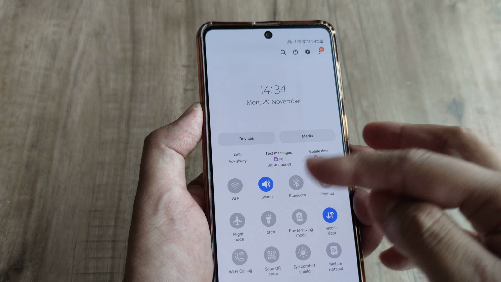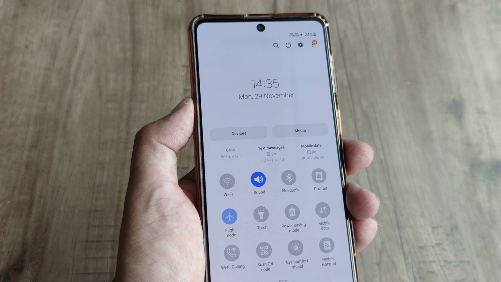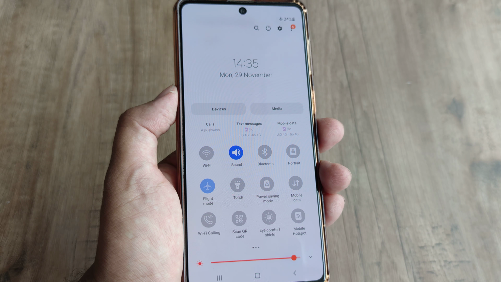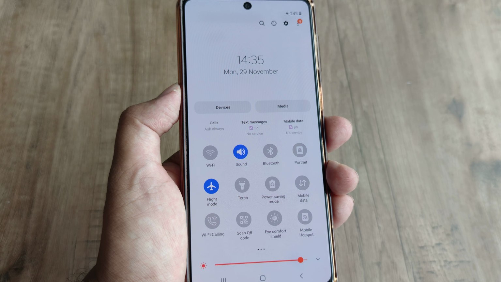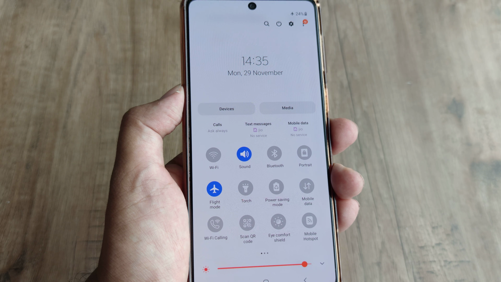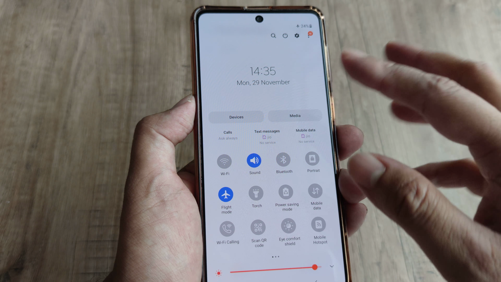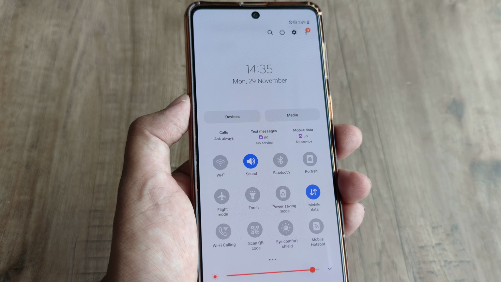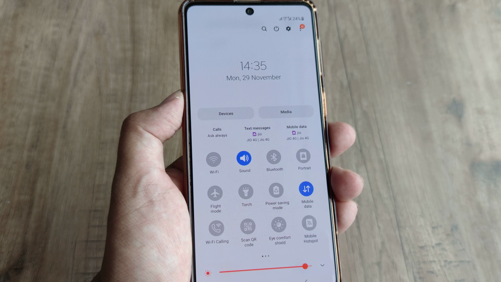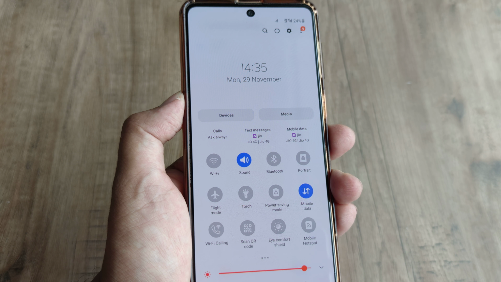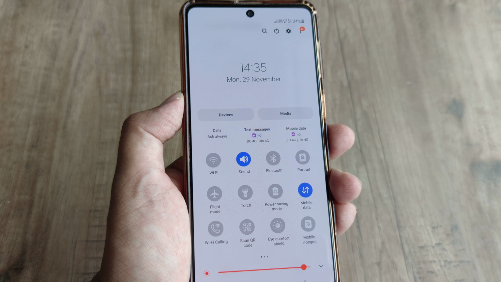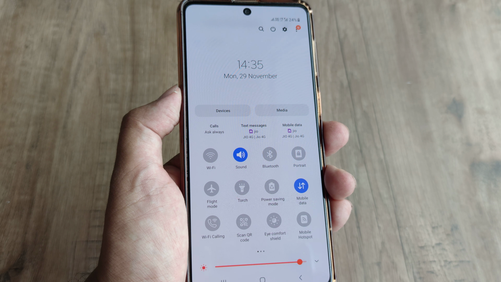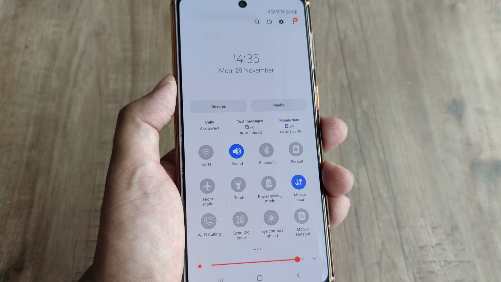At worst, what you can also do is just turn on flight mode. At this point, all cellular connections get switched off. Then you need to hold on to this state for a couple of seconds, then turn it back on. And now, when you turn the mobile data back on, your internet should start working. So all of these things can really help.